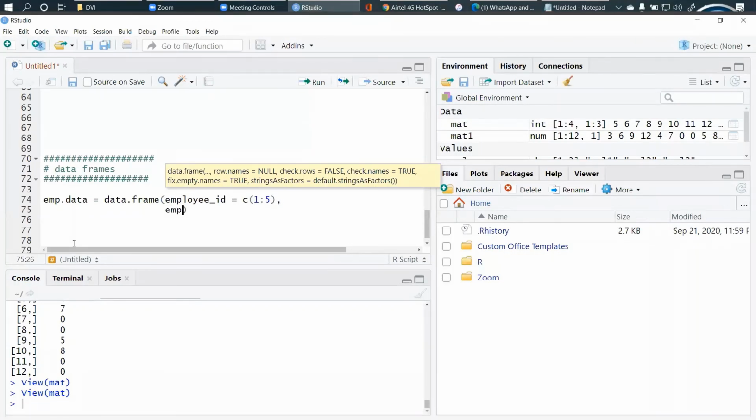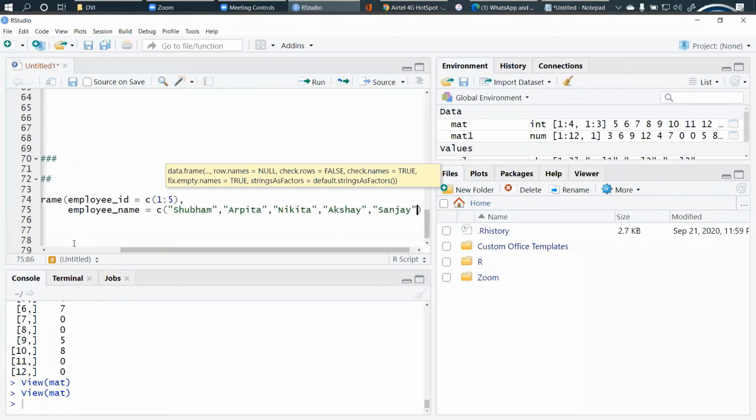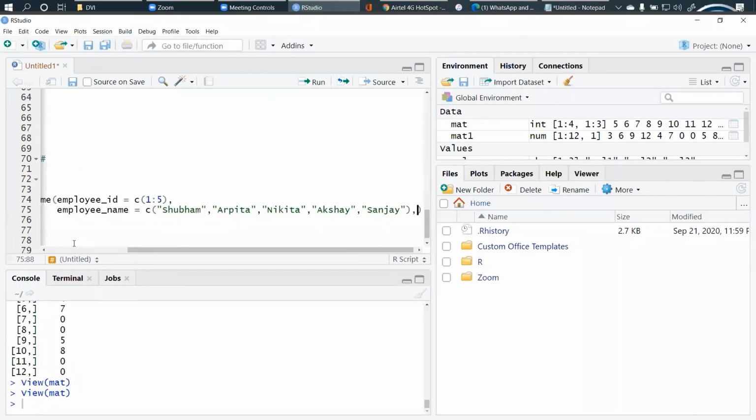Then the employee's names. So we have taken 5 names, comma, then again their salaries.